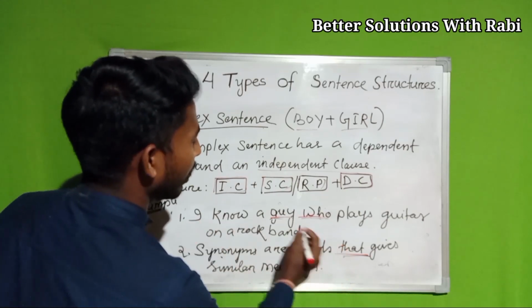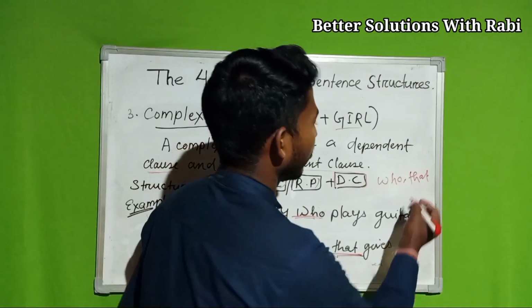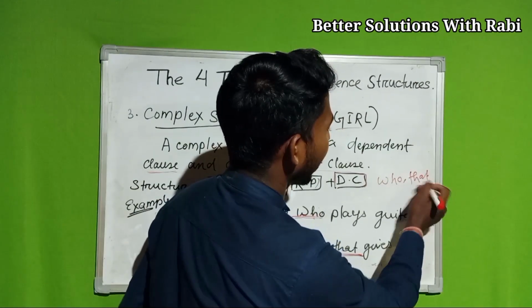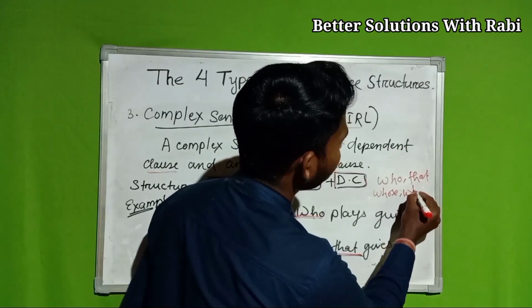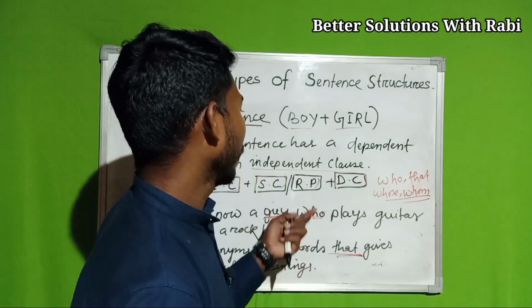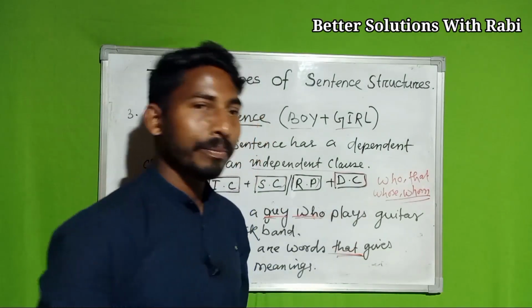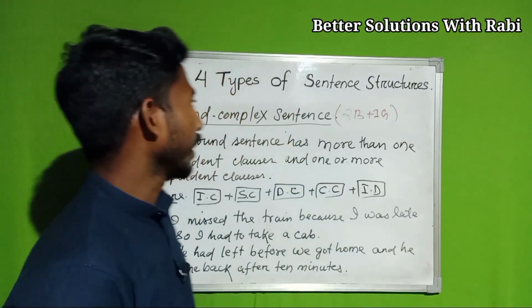So here words like who, that, whose, whom, okay, these can be called the basic relative pronouns. So now let's move to the next one, and now we are going to see the last one, that is